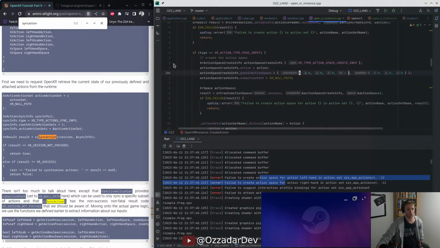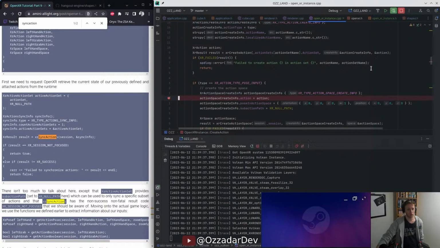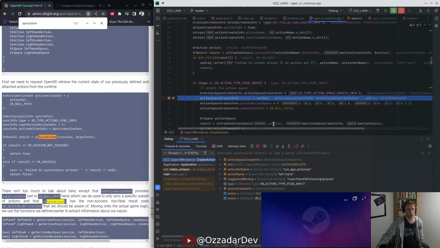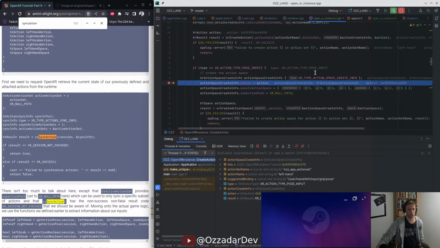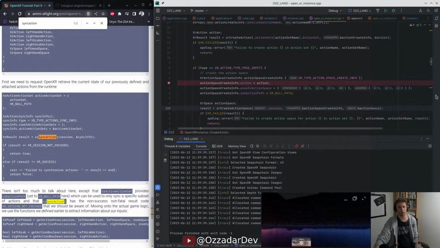XR type. It's action type pose input. XR success, that worked okay. Pose and action path. What about the session? Is a session? Session is null. Okay. Well, that explains